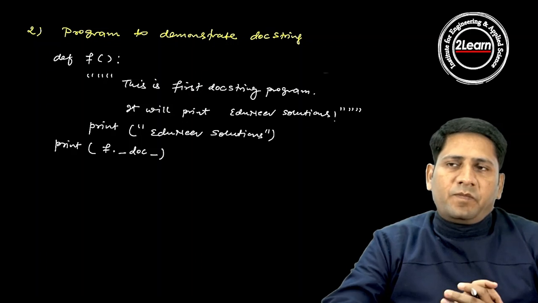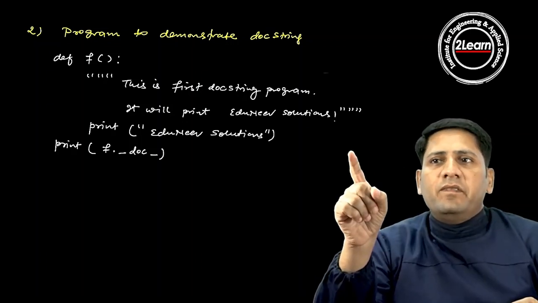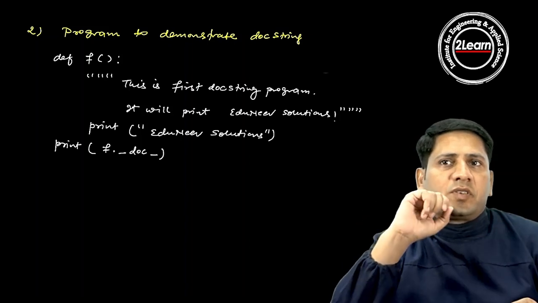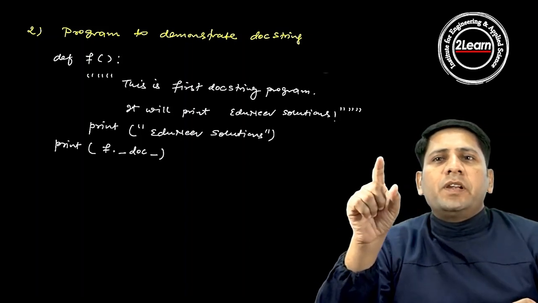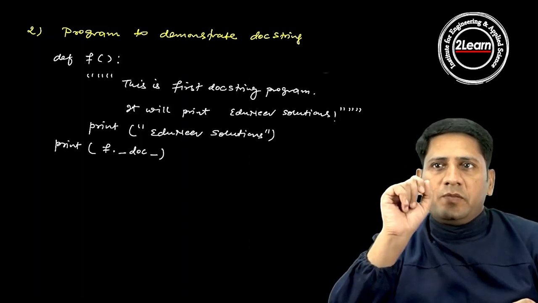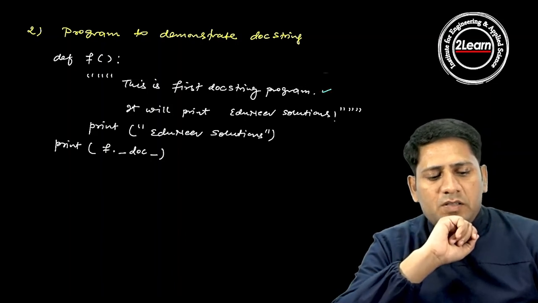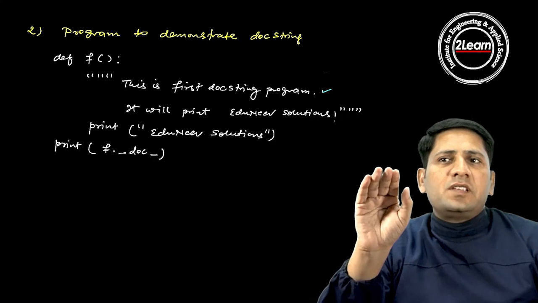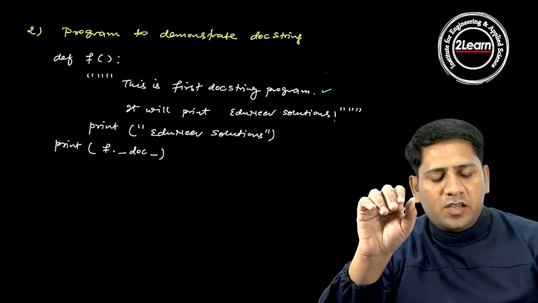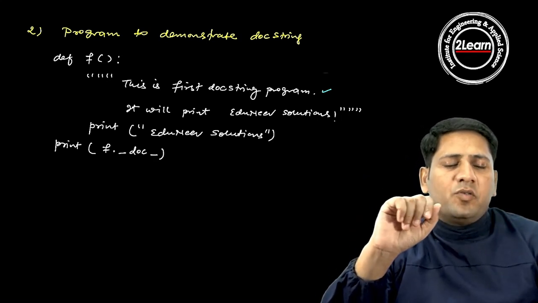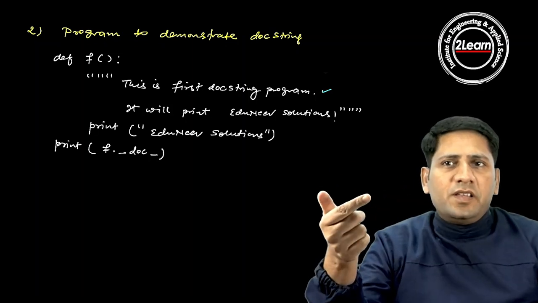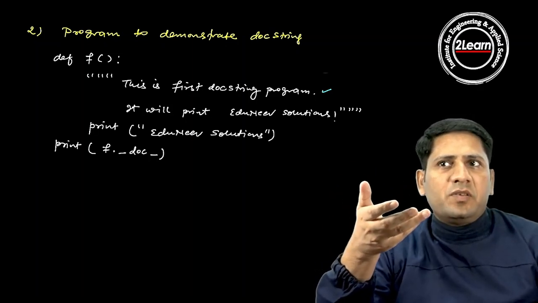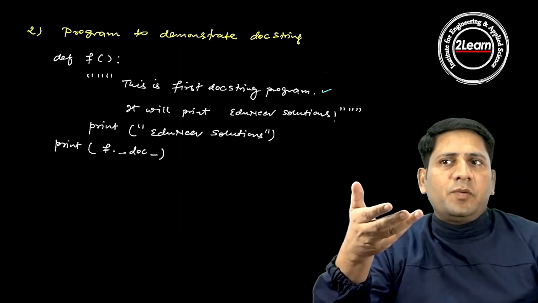A doc string. I have defined a function f, and function f is having a message. This is first docstring program and it will print Adobe solutions. ये बात समझ में आ गई? This is our first statement. There is no second statement as I told you earlier, and you can see that the second statement, yeah, you can say third statement, it will print Adobe solutions. This is the description, and you can add anything as a description. It depends upon you. Are you getting my point or not?